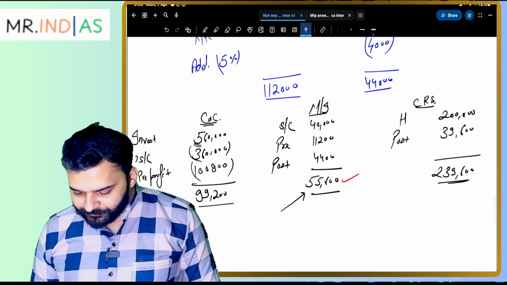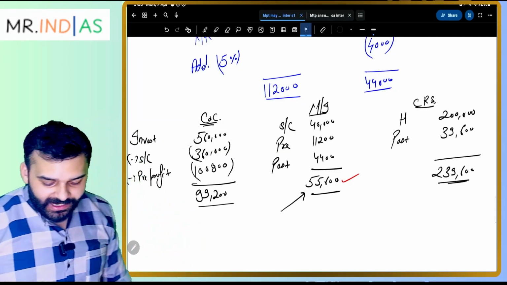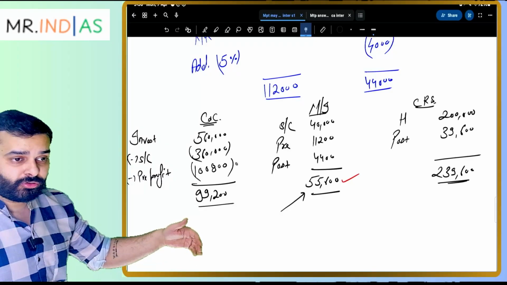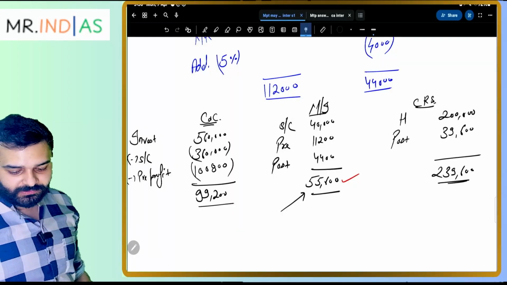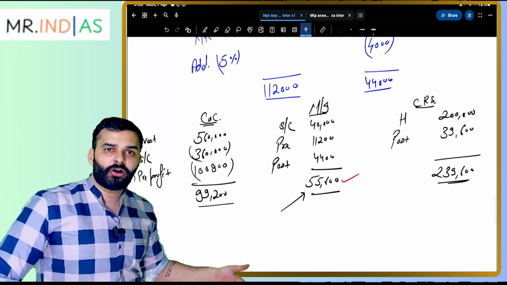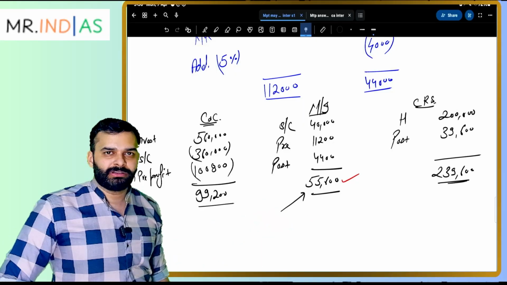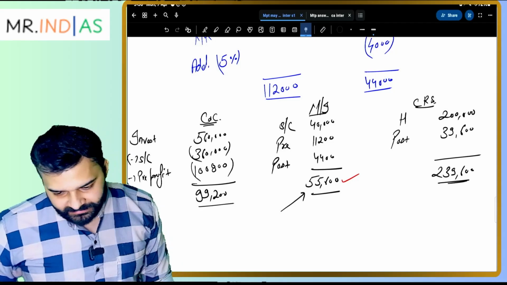So you pay 5,60,000, you get 3,60,000 as capital, and the share of your profit which is already earned when you are not in the picture is 1,00,800. So you have a loss of 99,200. You had somehow paid extra 99,200. So the extra paid appears as goodwill in your consolidated financial statement.